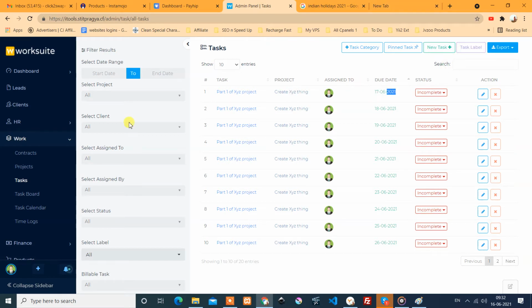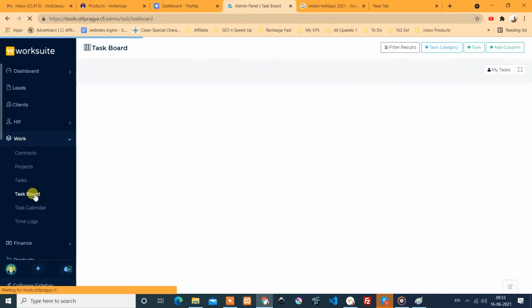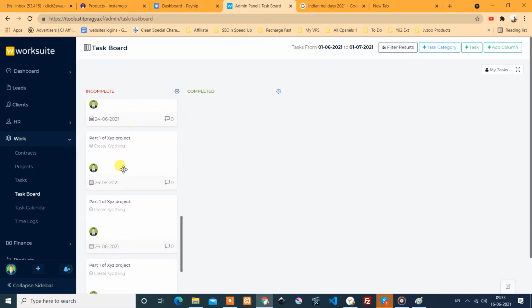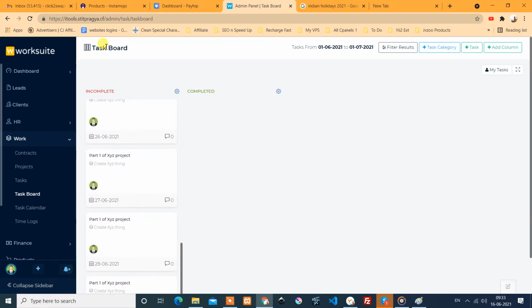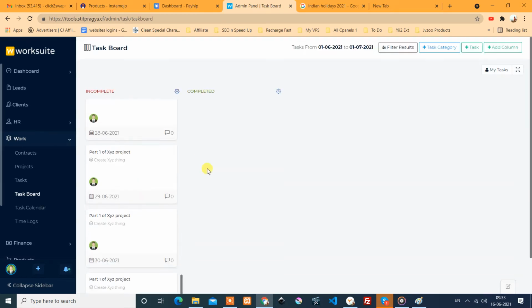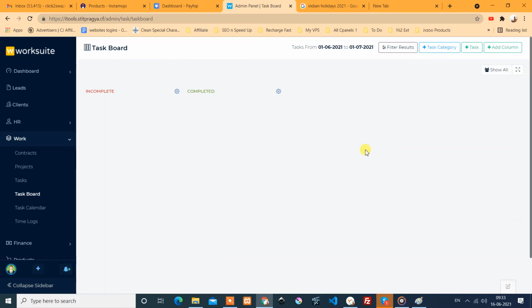Okay, so this is our task board. These are the completed and incompleted tasks, as this is the repetitive task. And here you can see my tasks also.